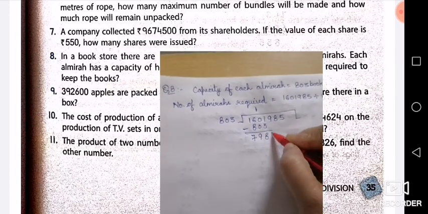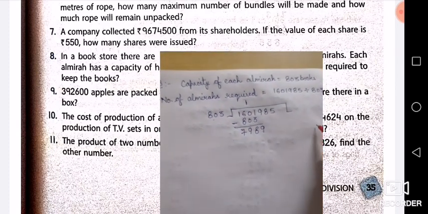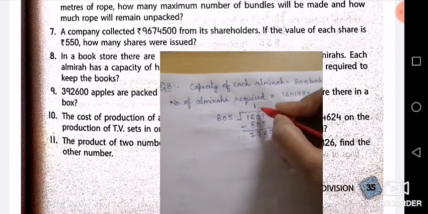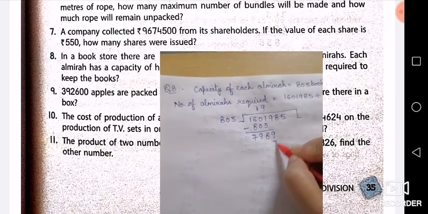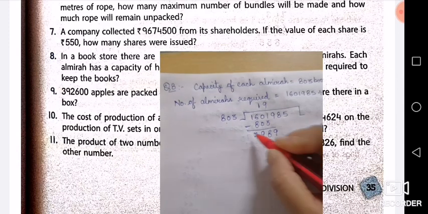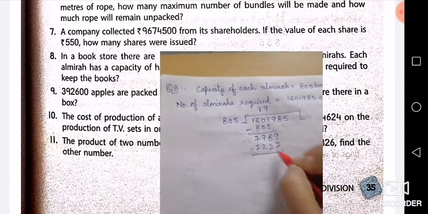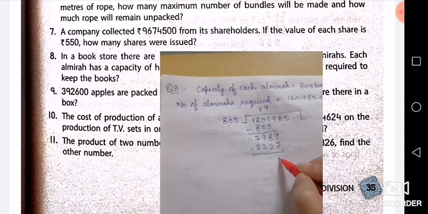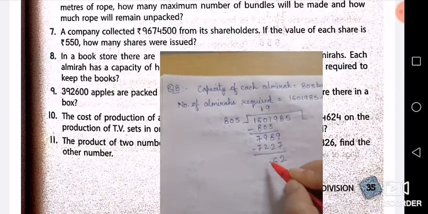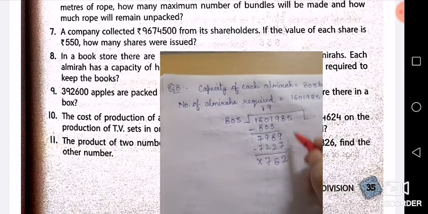So what will get down? 9. Now it will go near about 8 9s are 72. So it will go on 9 times. 9 3s are 27. 2 we will write here. 9 8s are 72. You can simply speak the table of 8. 9 8s are. Now 2, 6, 7.